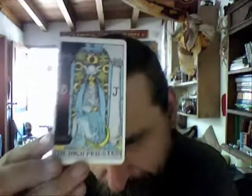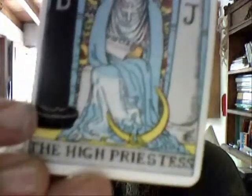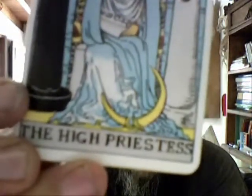the word virgin originally meant priestess. They were the priestesses of Diana and of Venus. Venus, obviously the morning star associated with Lucifer. Funny that Lucifer should be a woman, right? But this card here, the moon is the key to understand who she is. The moon, because it's Venus. Venus is high on the...